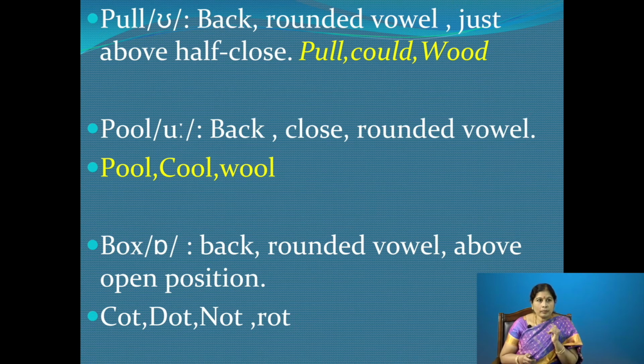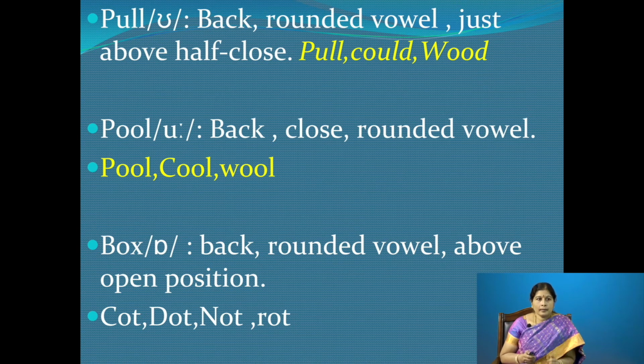And pool, oo. So the back part of the tongue is raising and coming close to the soft palate. All the back vowels are articulated with the back part of the tongue raising and coming close to the soft palate or velum. So oo, the back part is raising and coming close, almost close. We know that when we articulate vowel sounds, they just come close and the air comes out through the gap. So it is a back close rounded vowel, lips are rounded. Ooh, you can hear that. You say the words pool, cool, wool.